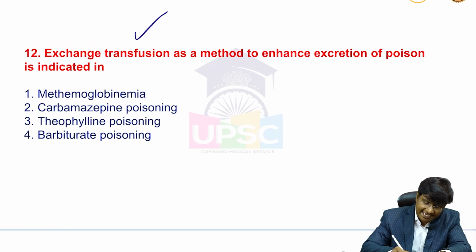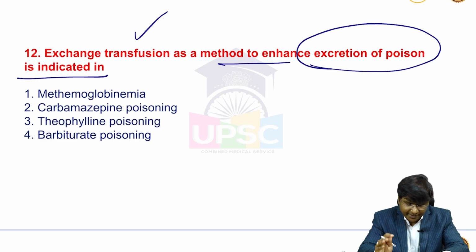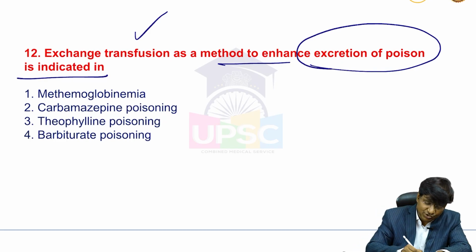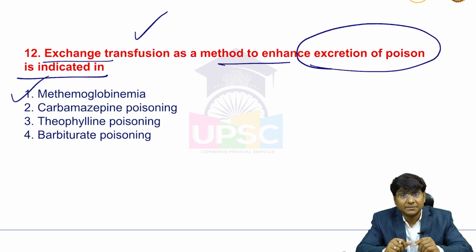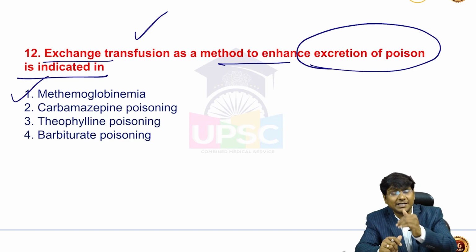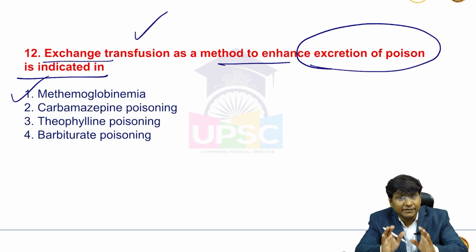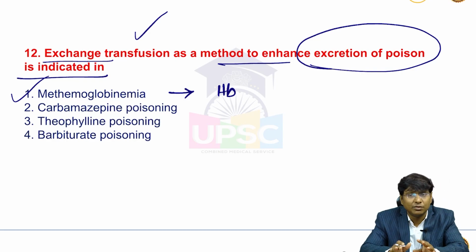Exchange transfusion as a method to enhance the excretion of poison is indicated in methemoglobinemia, carbamazepine poisoning, theophylline poisoning, then barbiturate poisoning. So exchange transfusion is required in case of methemoglobinemia. Methemoglobinemia is a condition characterized by elevated levels of methemoglobin in the blood, and methemoglobin is a form of hemoglobin in which